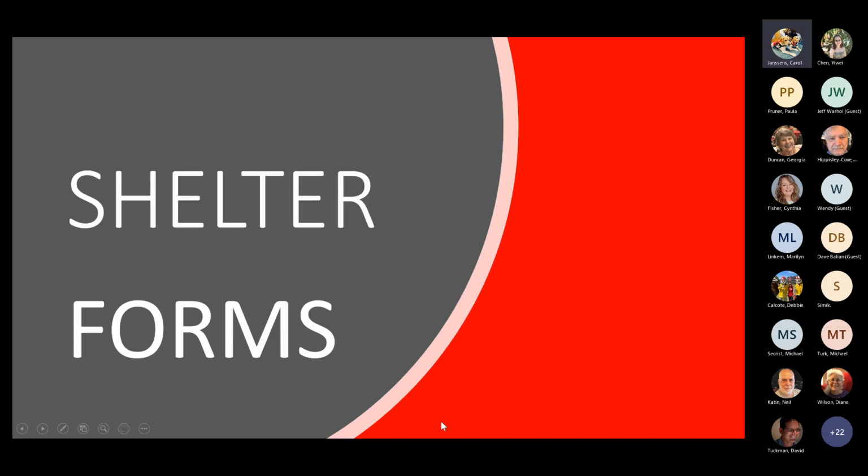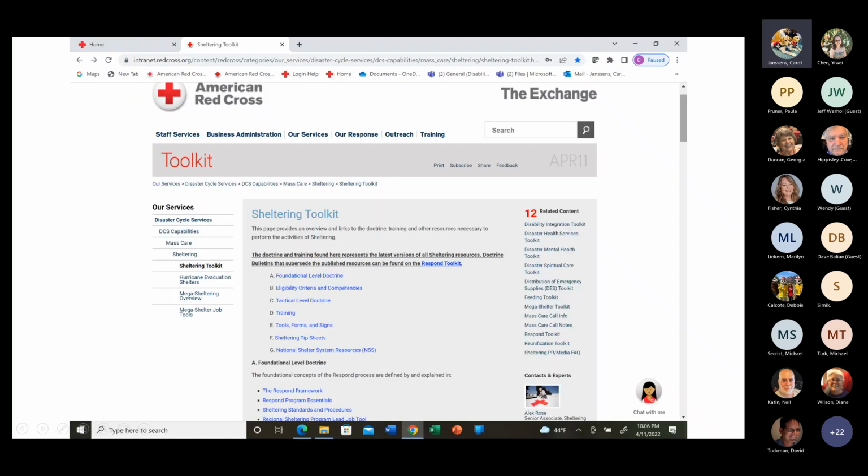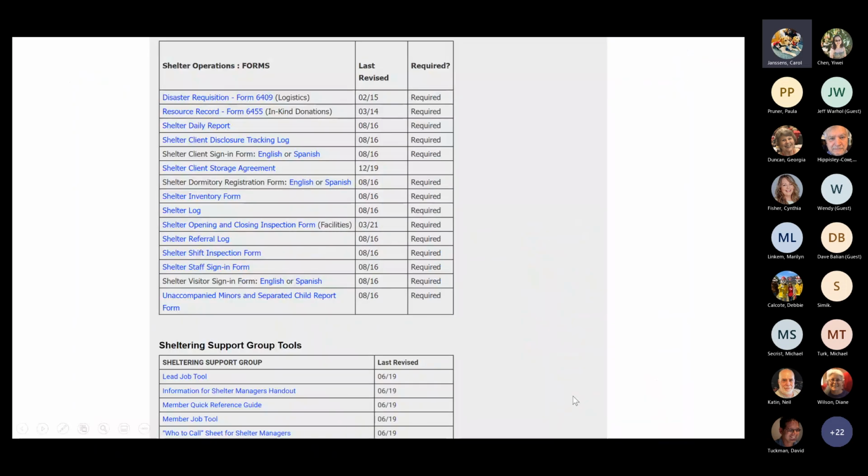So all the shelter forms are found on the exchange in the toolkit. And when you look at the list of the forms here, you can see it says required. Those forms are all required. I'm going to add two forms that I didn't put in the slide that aren't in the required list, but